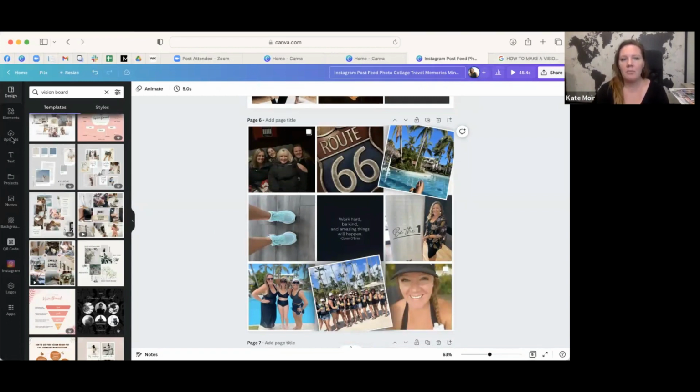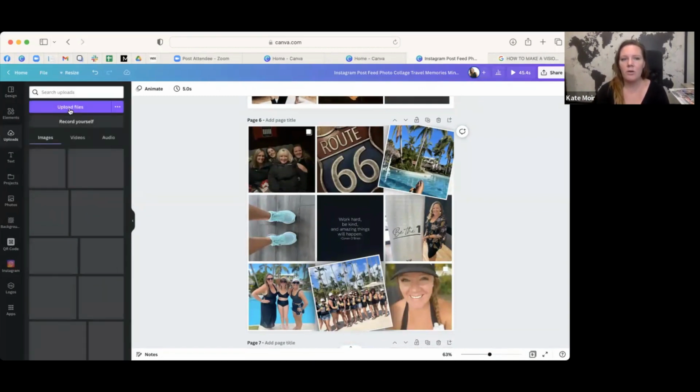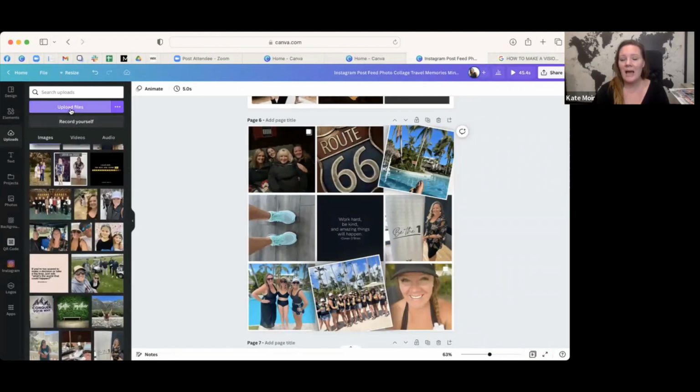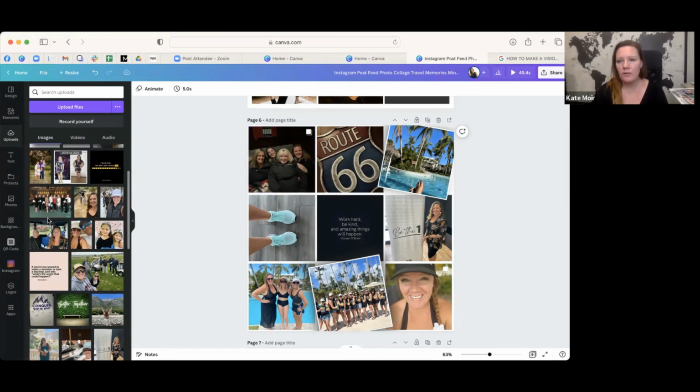So over here in uploads, you can upload photos to your vision board by clicking upload files and dragging them over. So this is my friends. I love hanging out with them and going on date nights as a group, sometimes with their husbands and sometimes without. And so this is a picture that I dragged over from uploading